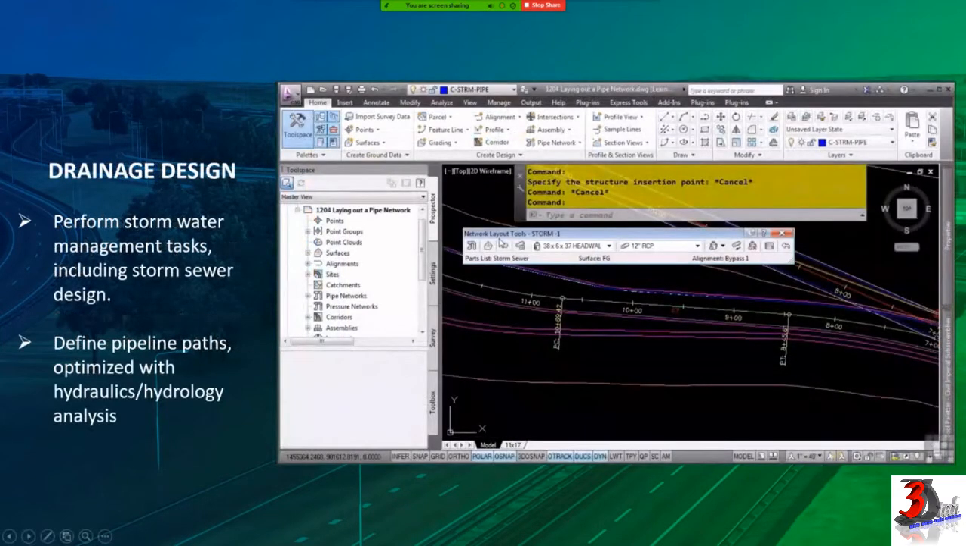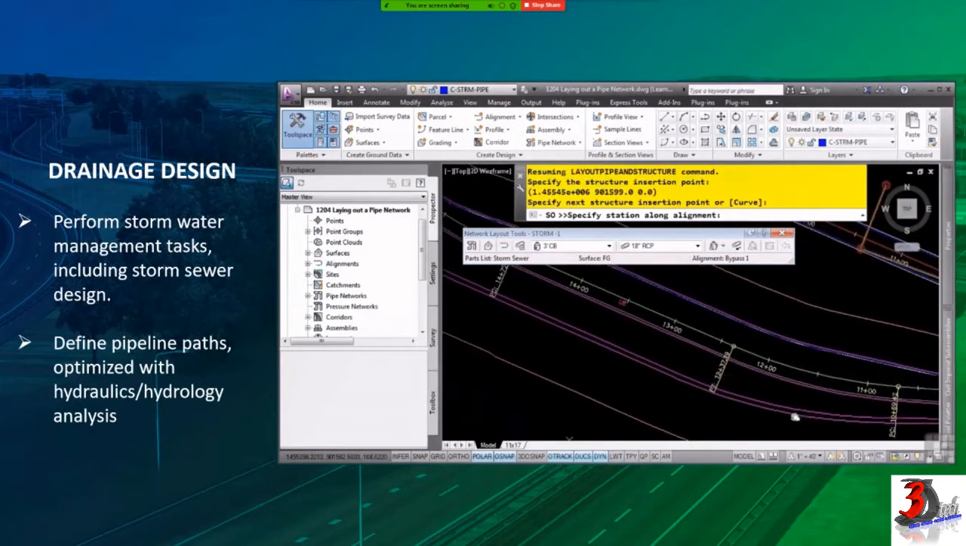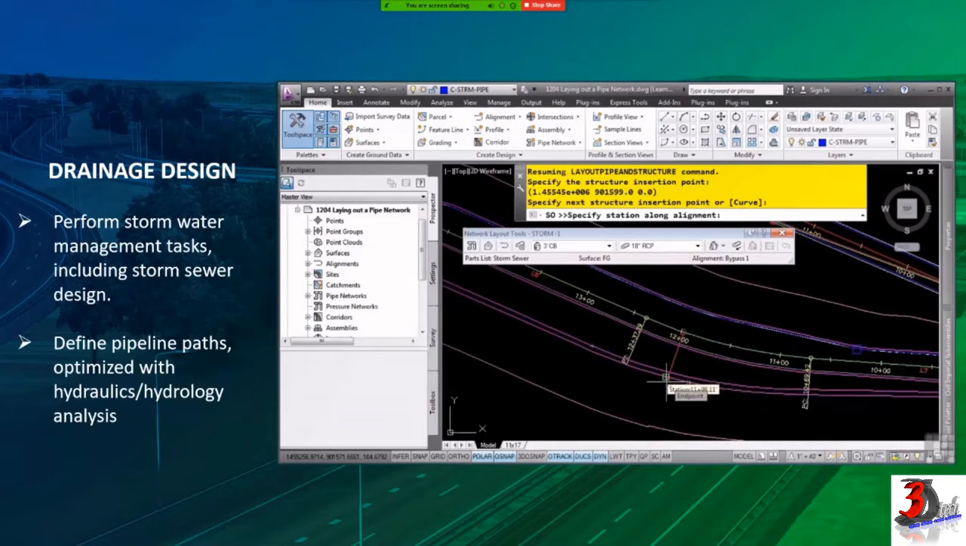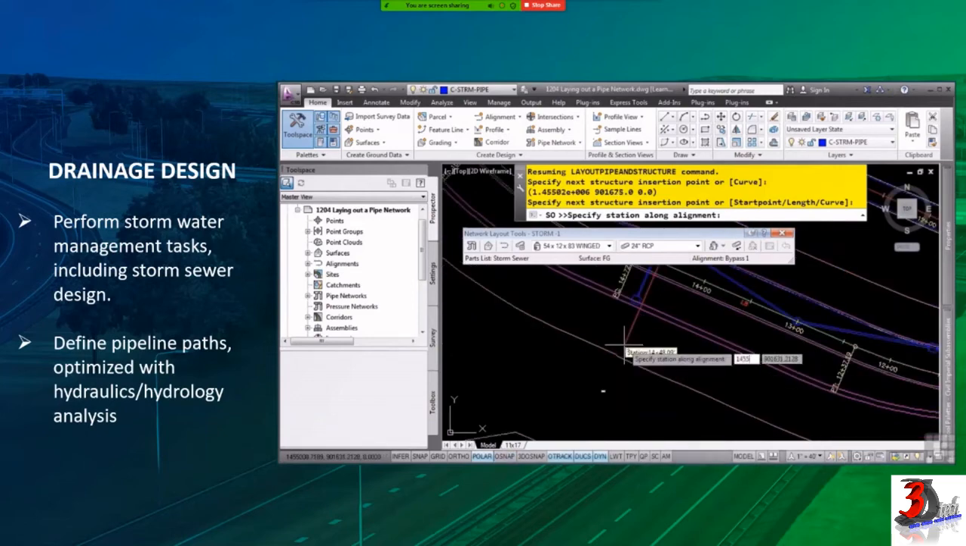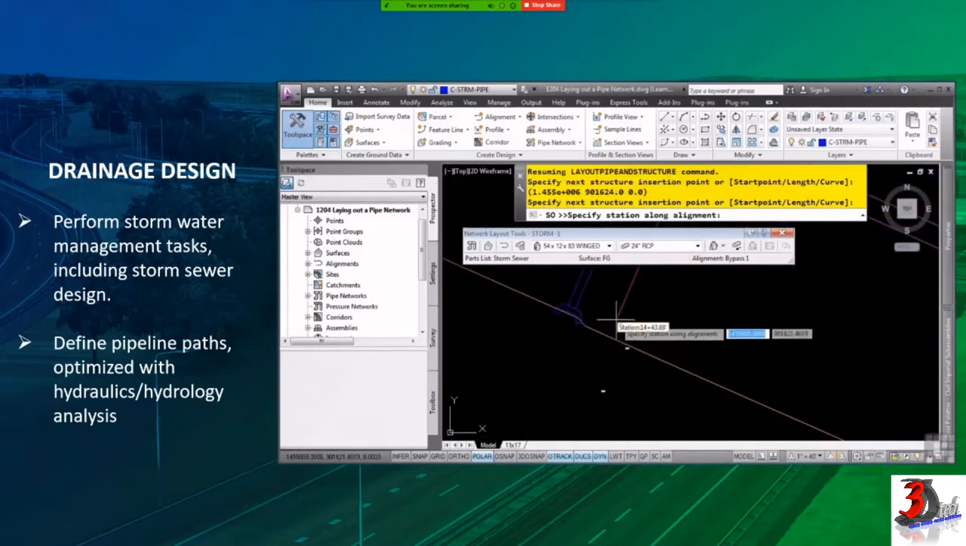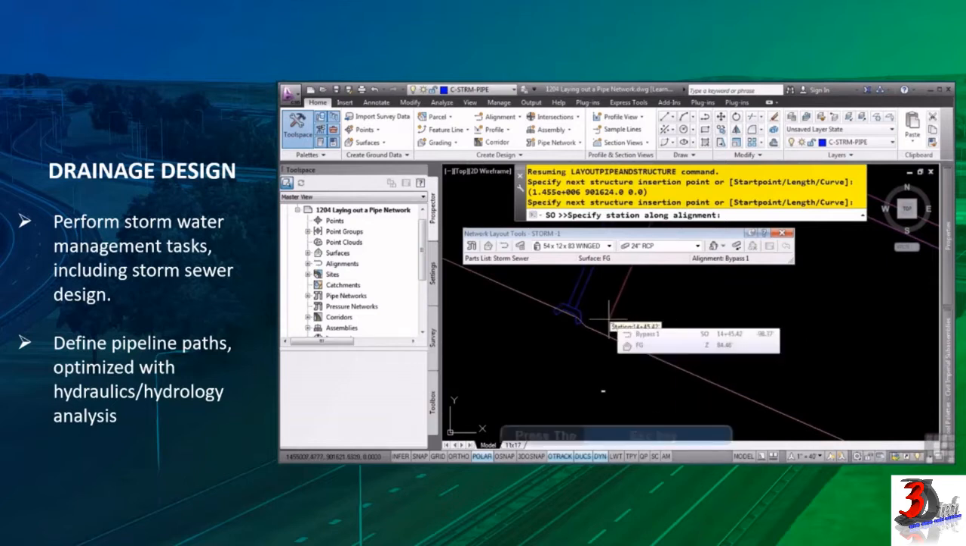So the next one is drainage design. Civil 3D provides tools for creating a pipe network with pipe network layout tools. Here it allows you to set the pipe layout properties such as profile and section. You can also define your surface to lay out your pipe network. You can define the structure of pipe in the pipe part list. Then you can specify the station where you intend to lay out your pipes, as you can see on the screen. And then once you have your proposed pipe network design,